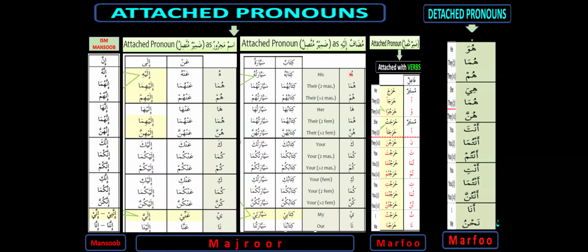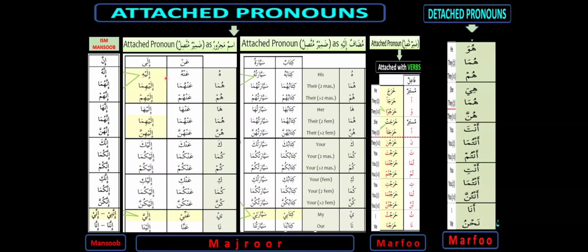And this "hu" in my example is mudaf ilayhi, kitabuhu, his book. And mudaf ilayhi is always majroor. So basically, instead of saying kitabu Zaidin, I'm saying kitabuhu, where "hu" replaced Zaid. In Arabic also, Zaid was majroor because of mudaf ilayhi, and "hu" is also majroor because of mudaf ilayhi. Instead, if I would have said